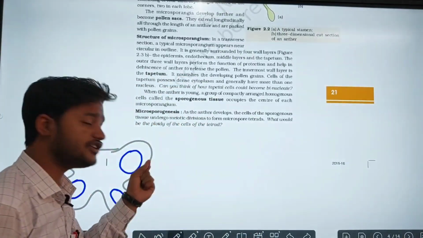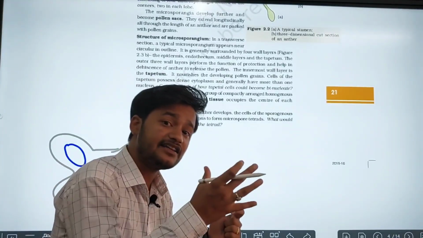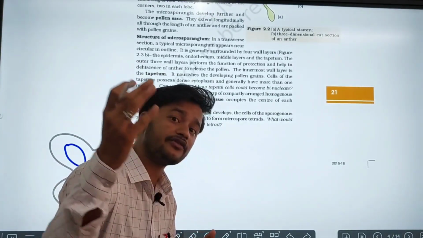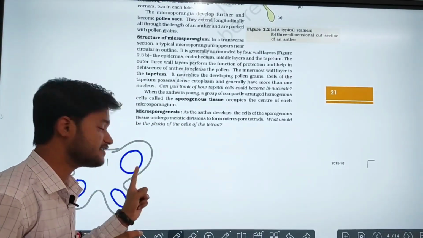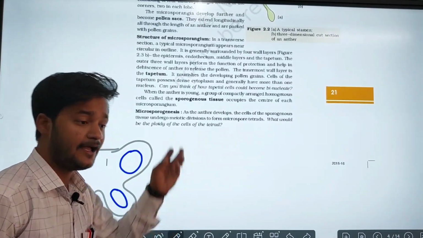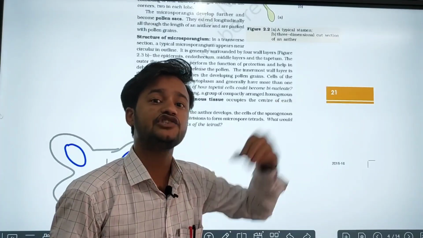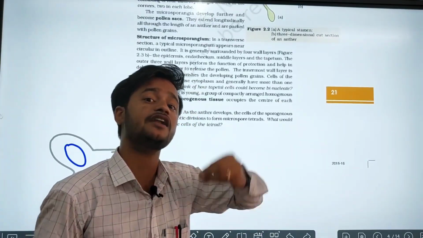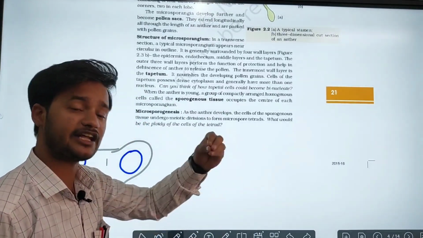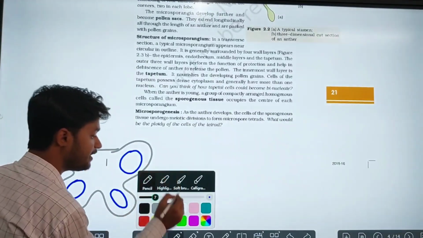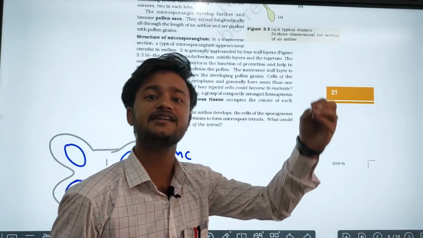And we know that the sporogenous tissue is present inside the tapetum, that is, inside the inner wall of the anther wall. The homogeneous mass of cells present in the sporogenous tissue becomes mature. When they are differentiating into the mature cell, into one important type of cell, what is the name of that type of cell? PMC, that is called the pollen mother cell.